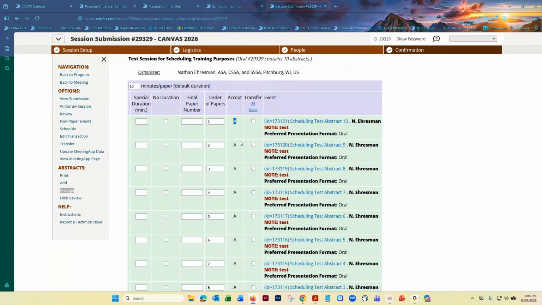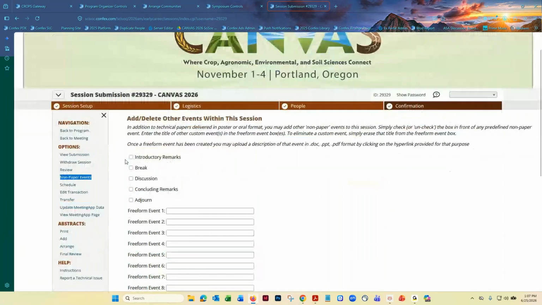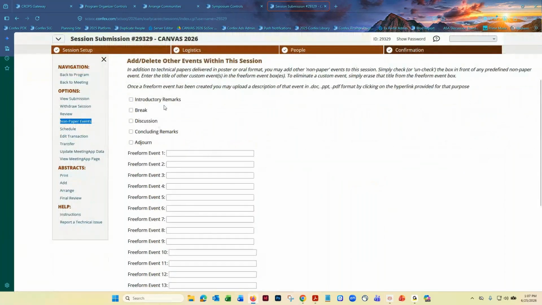At this point, we now need to add what's called non-paper events. And a non-paper event is simply anything that needs to be in your session, but it's not a presentation. So if you click into non-paper events, we can see here that we have some pre-populated options as well as freeform. You can add any sort of freeform in as you wish, as you need. We are creating a rapid oral today because I figure if you can create a rapid oral, you can really do anything. You can make a regular topical oral, a poster session, a symposium session. Any of those are kind of easier. So we're going to do the weirdest, the hardest today,